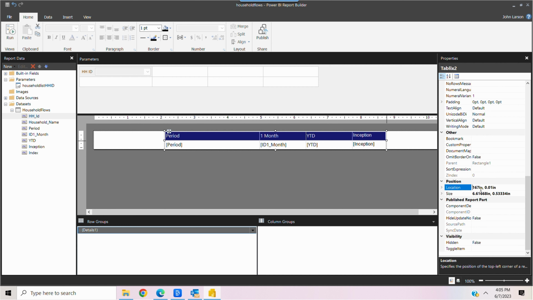left-hand margin. Just by subtracting 6.61 or 6.62 from 10.5, and then dividing that by 2, it tells us how much space we need on each side of the table so that it's centered. So I'll enter 1.94 here, and that'll position the table 1.94 inches from the left margin, which will center it